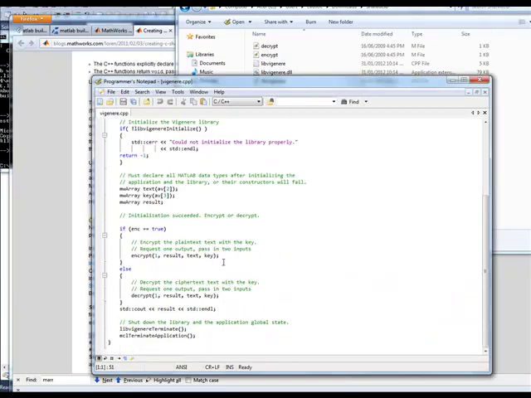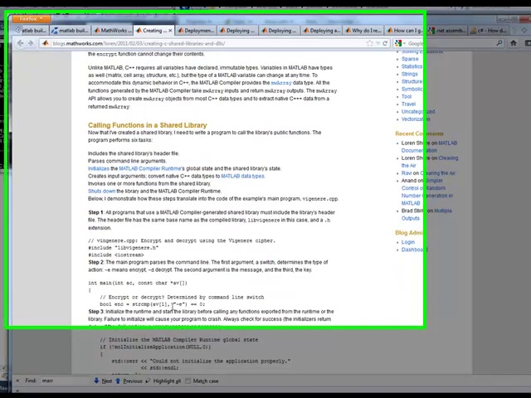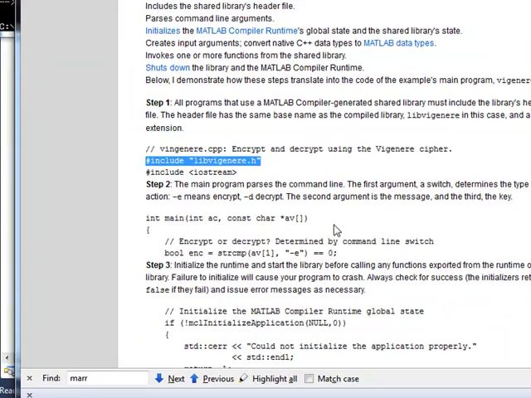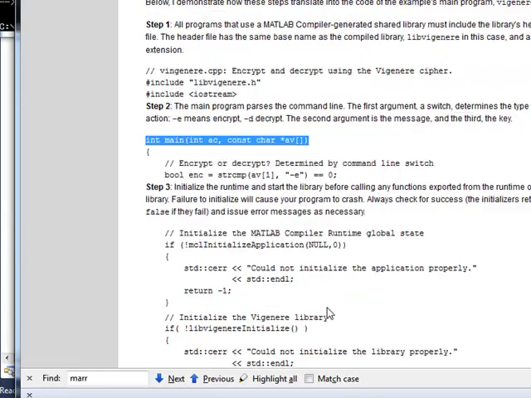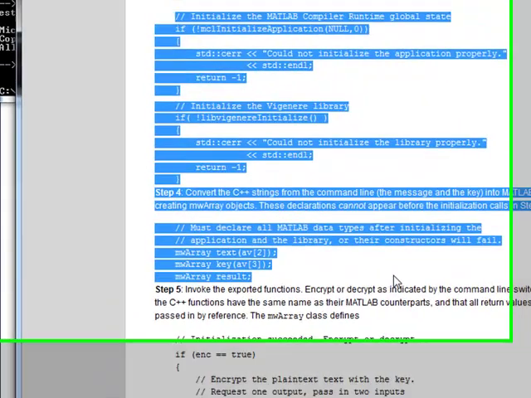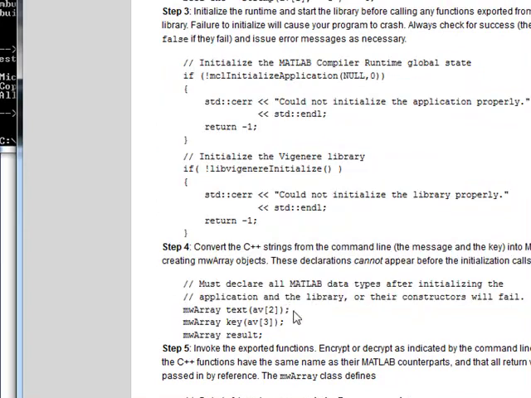Basically the breakdown is you need to include this lib header to define it, the usual definition of your main, as well as, and this is where it gets really wonky, as defined by Matlab, you use this thing called mwArray where you need to essentially